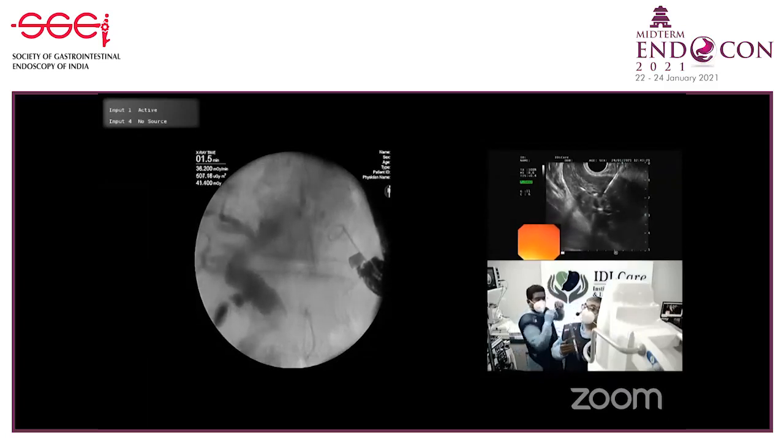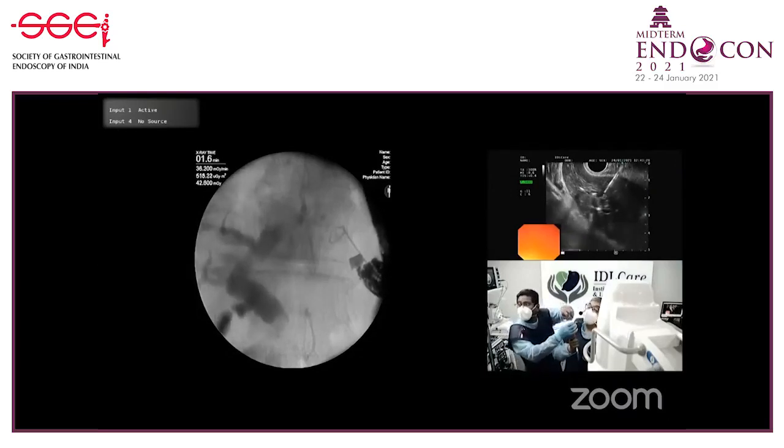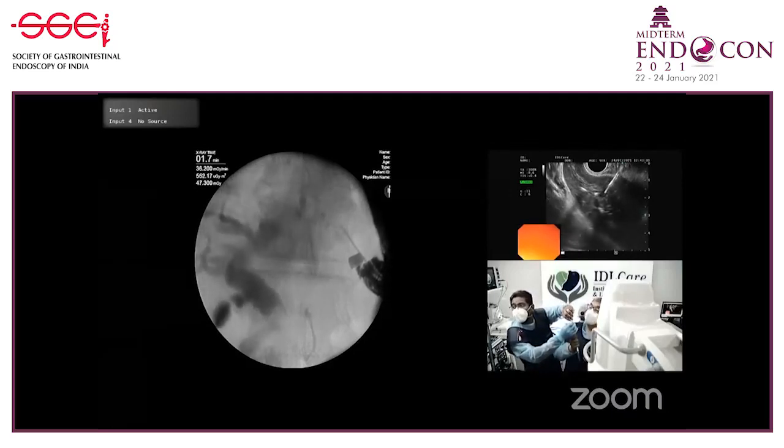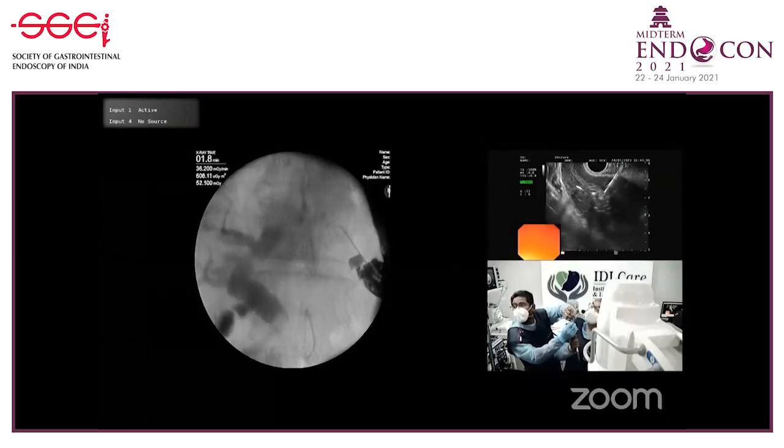It came out too much. See, now this is not good. I'm not happy with it. So gently withdraw. Try to go up. Rotate. So you have to rotate. Use your index finger and thumb. Yeah, like that. Very good. So this requires expertise.